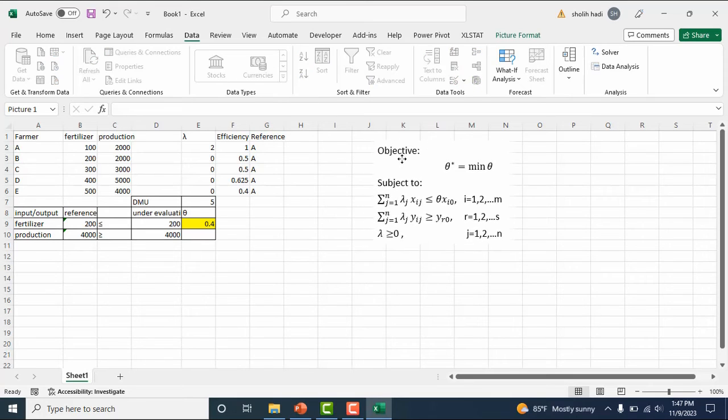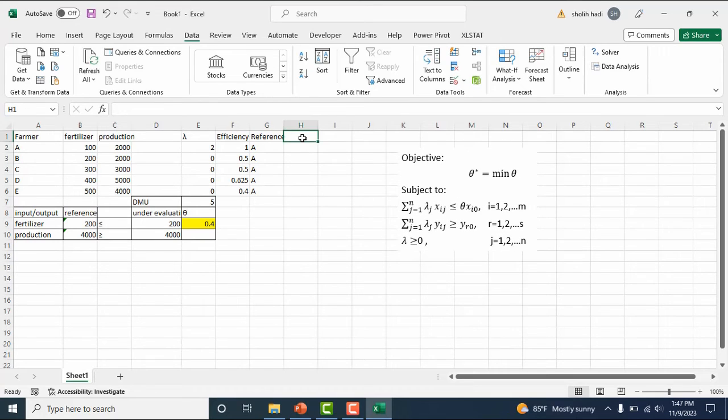Right now, I will try to calculate BCC after CCR. The BCC is just adding a restriction.